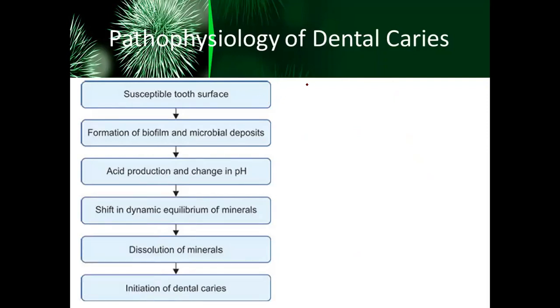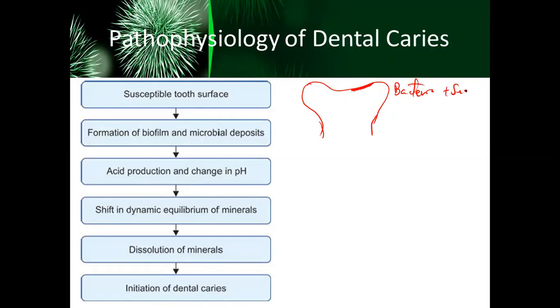It is that you have a susceptible tooth. Okay, so whichever problem you're having, whether you're having plaques, whether you had a prior dental caries, whatever, you have a tooth that is susceptible. And then the assumption is that we now have a biofilm of microbial agents, or the bacterium. Now the bacterium, as I said,